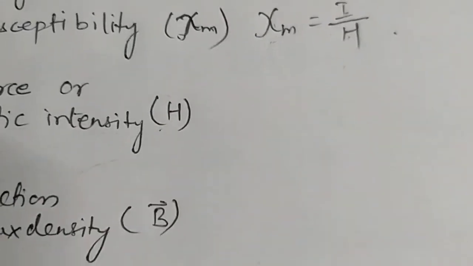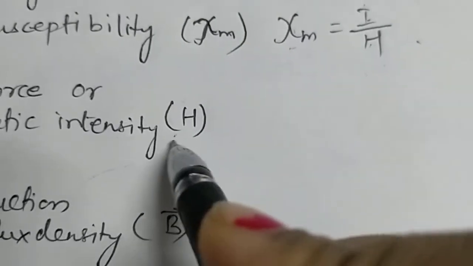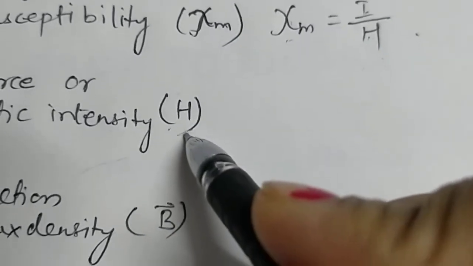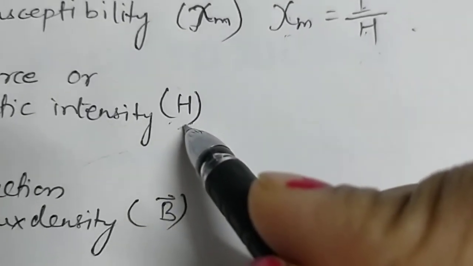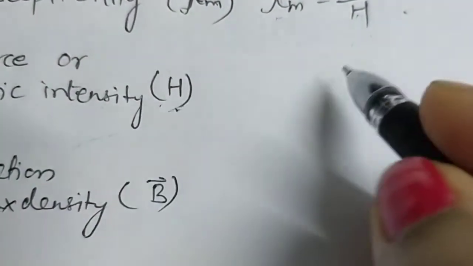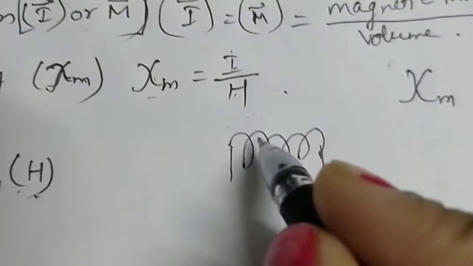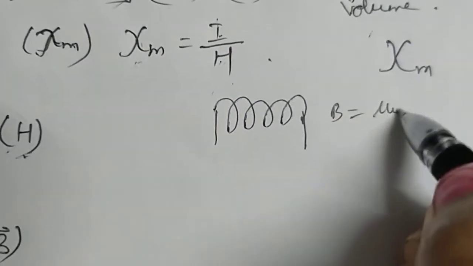Okay, so sorry, it is the number of ampere turns. H is the symbol for the number of ampere turns flowing round unit length of a toroid or a solenoid to produce the magnetic induction B in the solenoid. So if you have a toroid or a solenoid, we know that the magnetic field in the center is B equal to mu naught Ni.